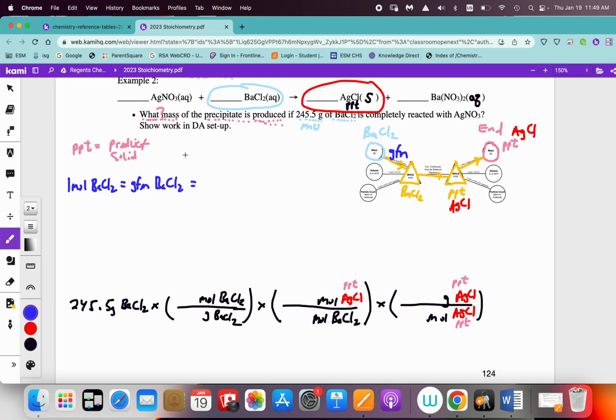So barium chloride, figuring out its GFM. 1 barium supplies 137.3 plus 2 chlorines, each supply 35.5. So the GFM of barium chloride is 208.3 grams. So there's my relationship. So for every 1 mole of barium chloride, the mass will be